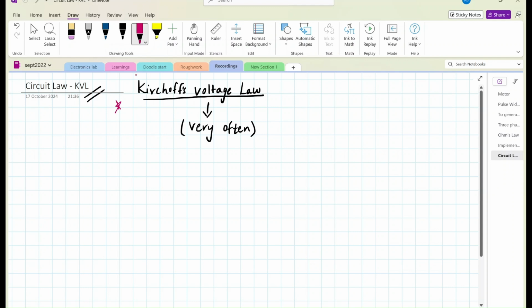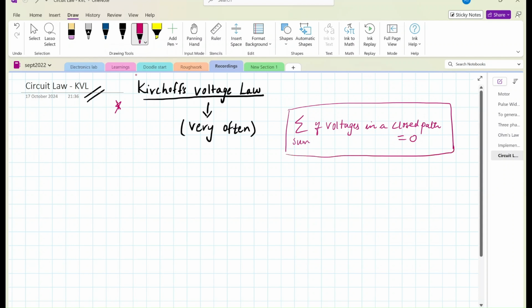So what this law states, very simply, is the sum of all the voltages in a closed path. It could be a closed path, or it could be a part of a circuit which is closed also. A closed path or a closed circuit is equal to 0. அதாவது நம்ம எல்லா voltages in a circuit add பண்ணோன்னா, and if that is a closed path where the current returns again to the same place, then in a closed circuit the sum of all the voltages is going to be 0. That means if you have a supply and some circuit, like let me not mention anything, இது மாதிரி ஒரு சர்க்கியூட்